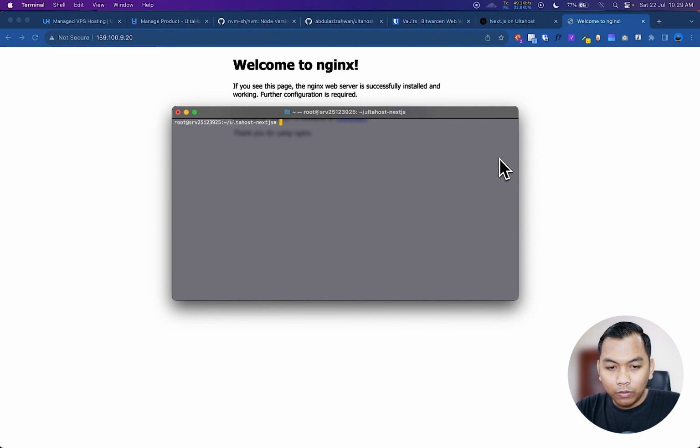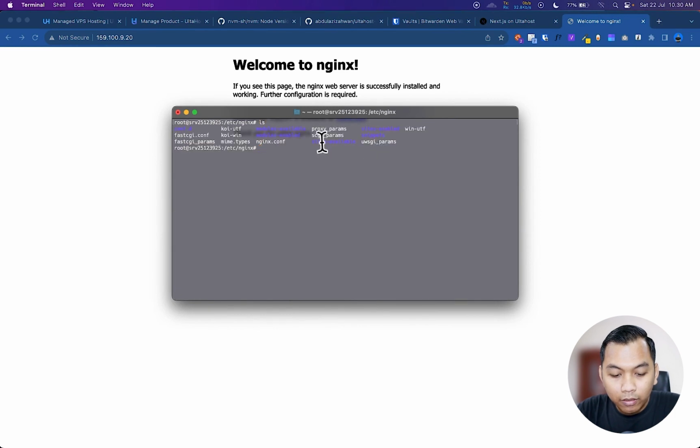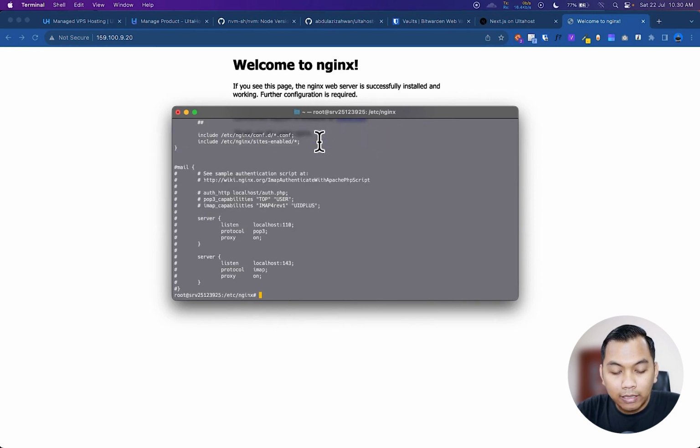Alright, so the next step, we need to go into the Nginx folder. Let's check using ls, and here let's check nginx.conf.